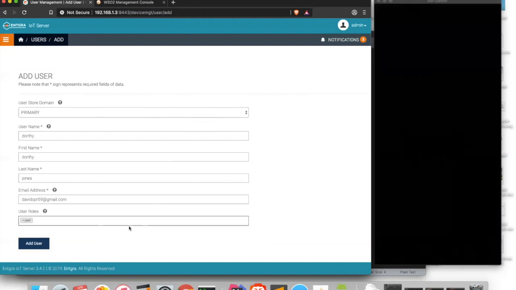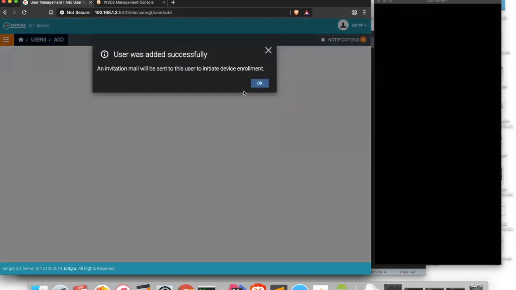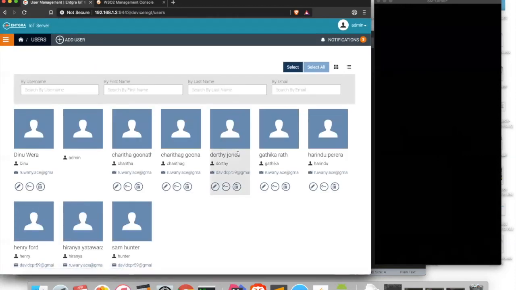So these roles are just an aggregation of a certain set of permissions. It dictates the actions a user can perform on the system. So the user role, as it stands now, basically allows Dorothy to add her device to the system. You can always go ahead and change this and maybe introduce new roles and change the permissions of existing roles. So now that I've added Dorothy as a user of the IoT server, an email invitation will be sent